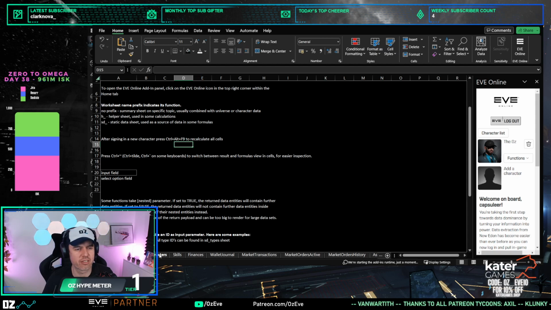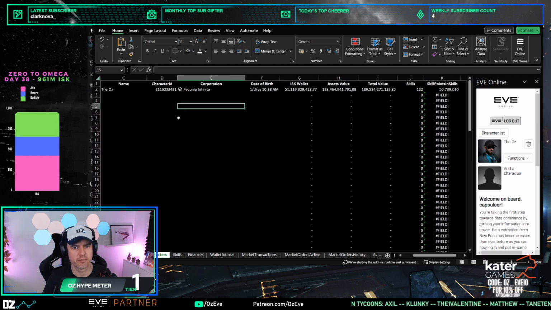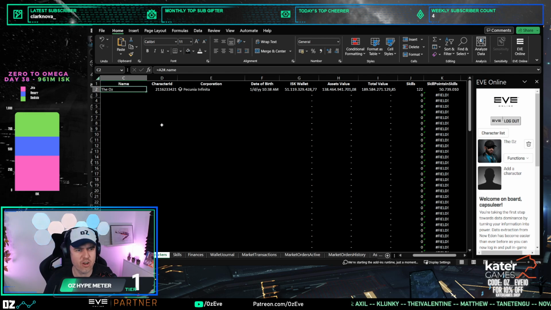So I'm just gonna click through some of these sheets and some of these basic functions that CCP is providing here. The first one, ignore the errors because I just don't have enough characters logged in. The first one is the character login, right? I can make this a little bit bigger for you guys. So you can see this is now showing every character that I've logged in. I've only logged in one character, and you can see here that it's pulling